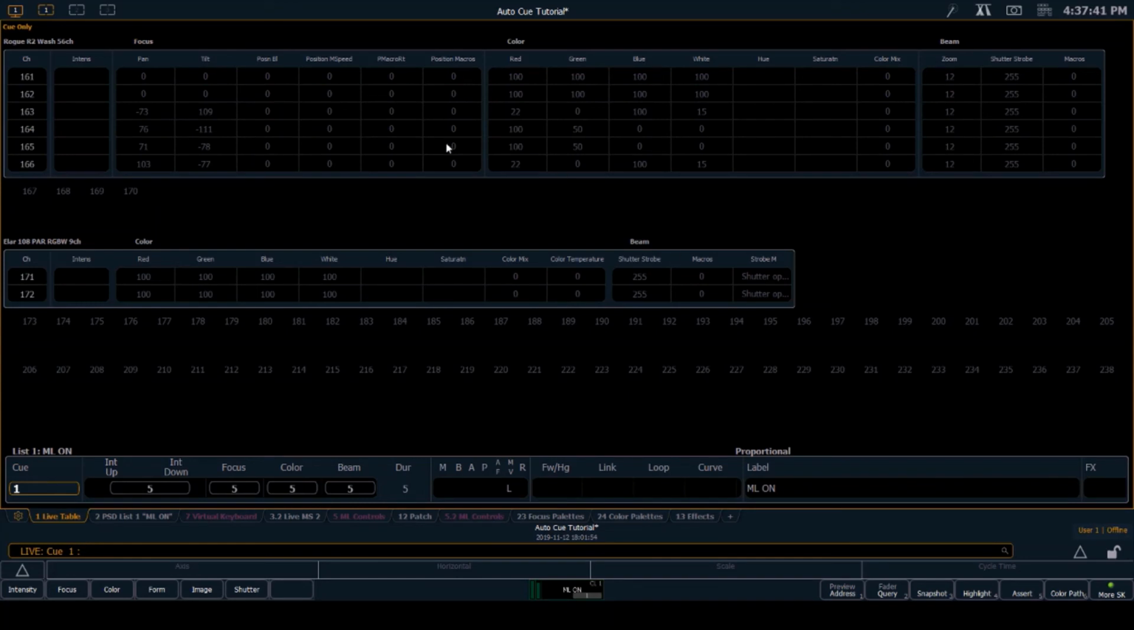Okay, so now we're back at the live tables. We're going to watch what happens to these parameters when we go through the Qs. So we're sitting in Q0. When I go to Q1 go, it's going to bring up the first look with the intensity and the pan and tilt in the first position and our color. Now when I go into the next Q, Q2, we're actually firing Q2 and then automatically following Q2.1 with the